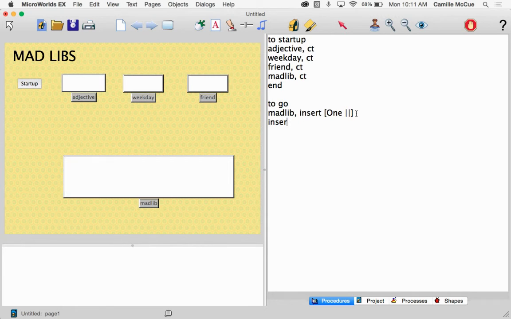So we'll type in insert adjective. That is going to directly put in whatever the value of the word is in this variable text box. Okay. Next line, insert square bracket, pipe, space, pipe, close that square bracket, insert weekday, insert square bracket, pipe, pipe, morning, and Adelson student named space pipe pipe, close that square bracket, insert friend,